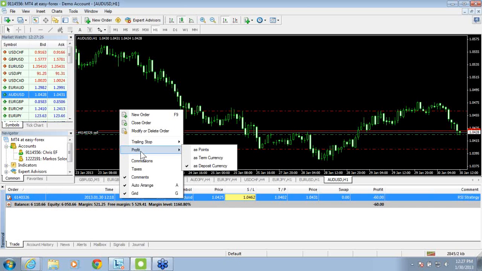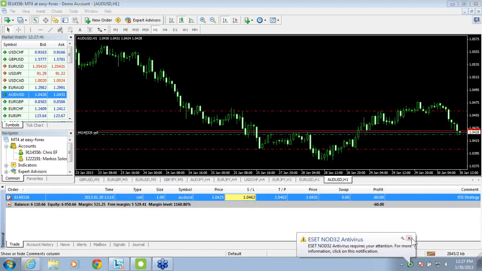If I want the P&L to be in the term currency, for example, if I'm trading Australian to US dollar, then it will be in US dollars. Or if I'm trading dollar to Japanese yen, then the term currency will be the Japanese yen. Then I can change that. But this one here is particularly useful